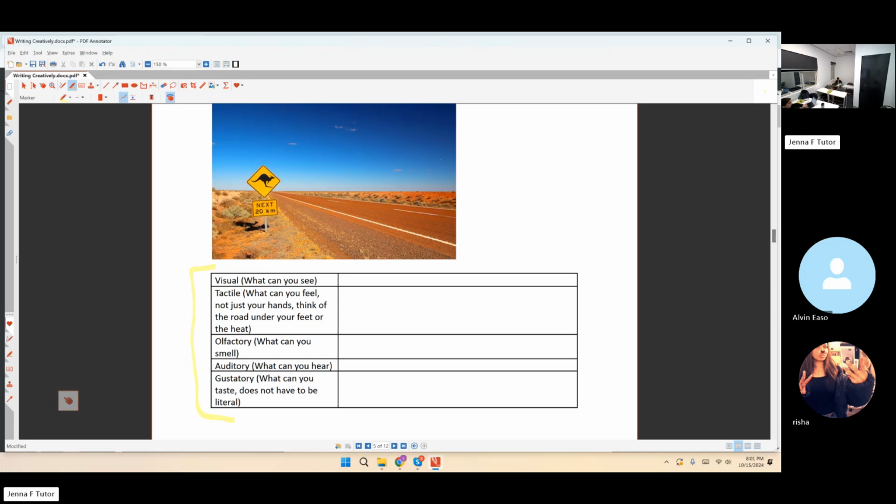How do you describe the smell for this? Have you been to the Outback before? It's got a very dusty, dry smell. Yeah. So a lot of the time with smell and taste, they're not really the most literal things. Like exaggerated. Not exaggerated, but kind of like, okay, maybe it's not.